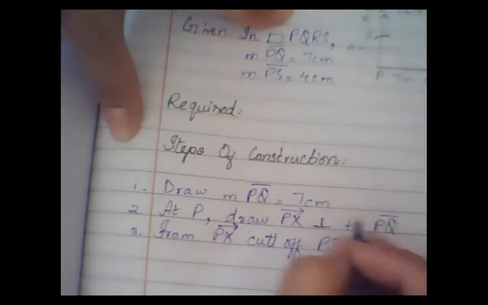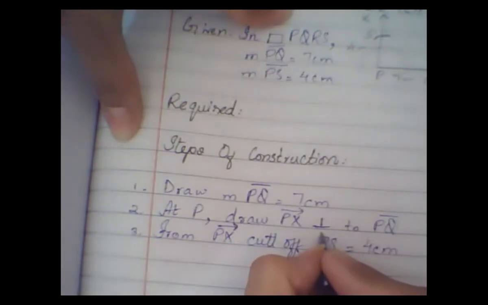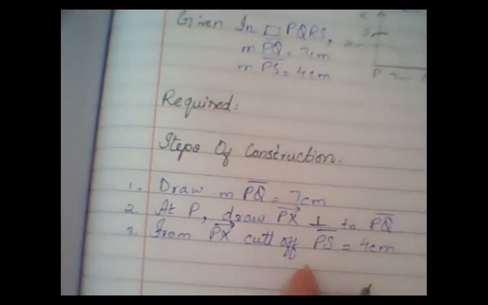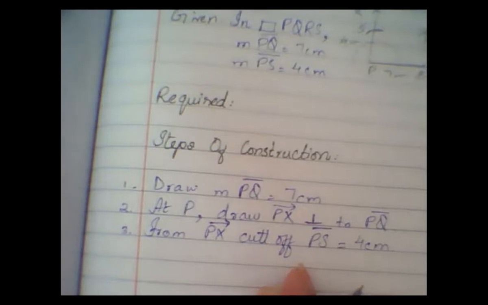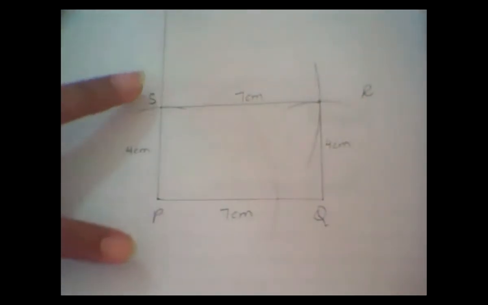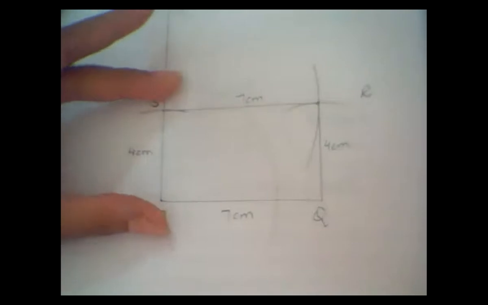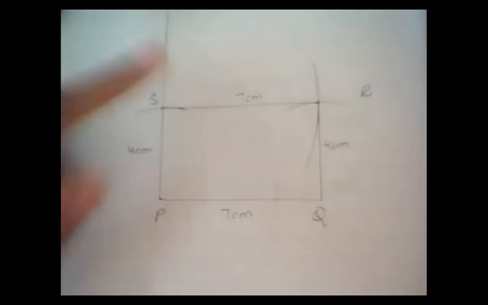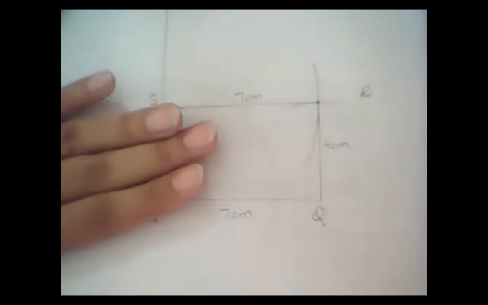No, bete. Miss, we don't have to make the ray. We have to make a segment, okay? Because it's a part, it's a segment. We know the ending points. Look at the construction, bete Ali, look at the diagram. PS, we know the ending point of PS. It starts from P and ends at S. That means it gives you the ending points at both sides. It's a line segment, okay?